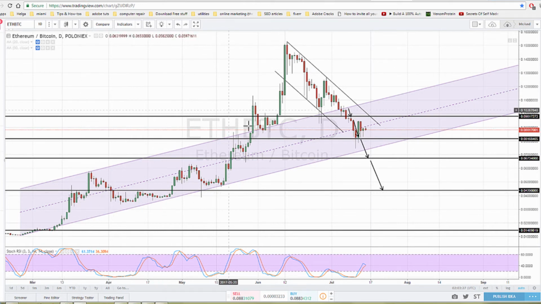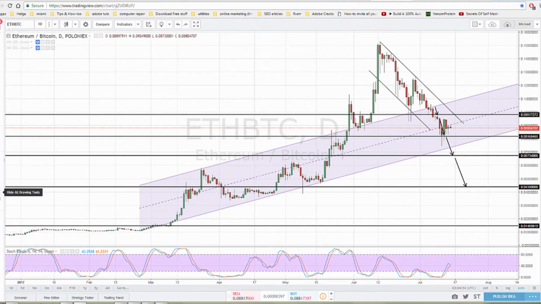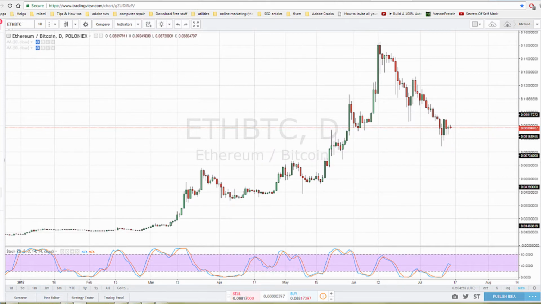During this bull run, we had some descending triangles here where it looked like it was gonna break on the way down, but it actually shot up. So you really never know with cryptos. Let me hide the lines. If we see the bubble model here,